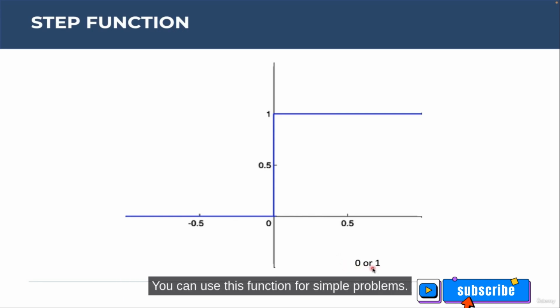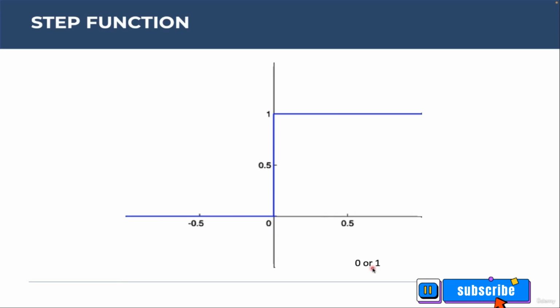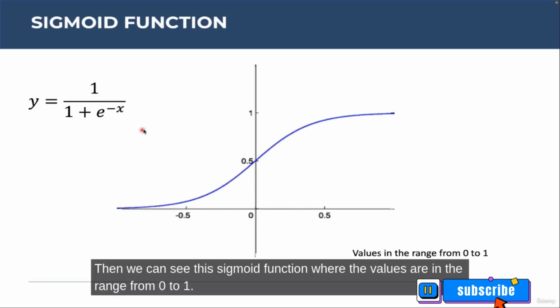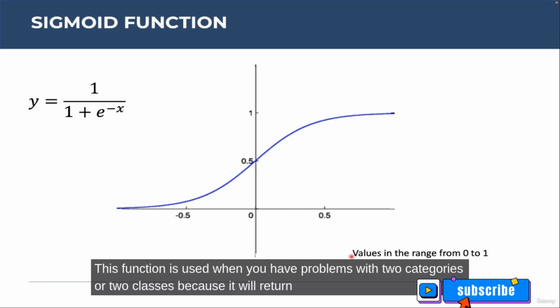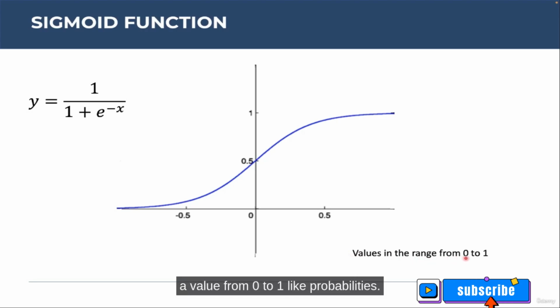You can use this function for simple problems. Then we can see the sigmoid function, where the values are in the range from 0 to 1. This function is used when you have problems with 2 categories or 2 classes, because it will return a value from 0 to 1, like a probability.